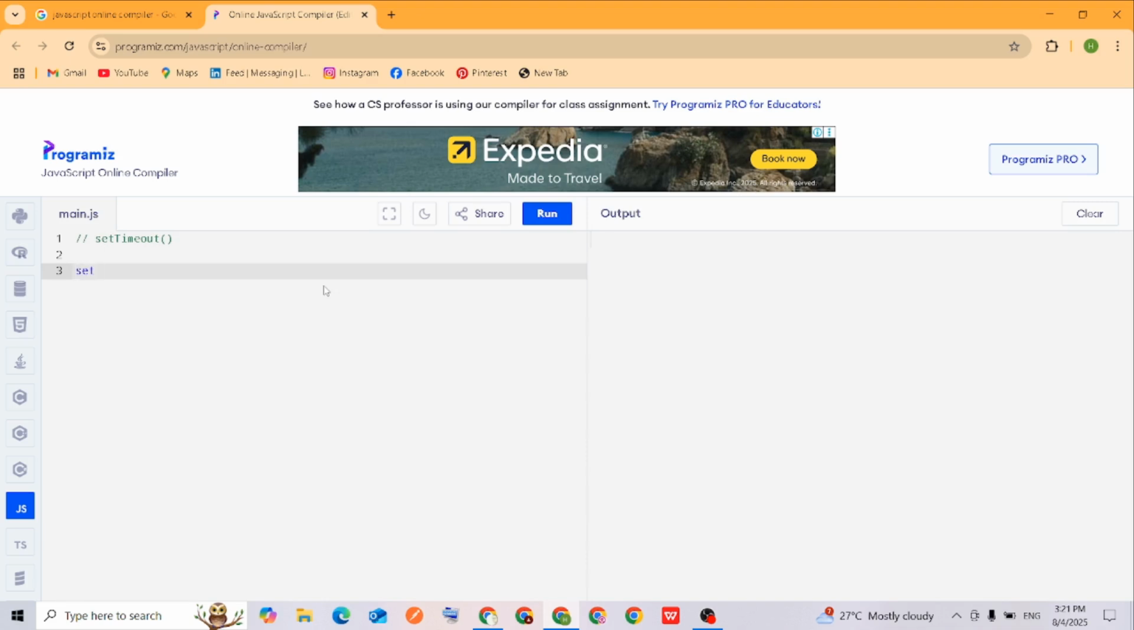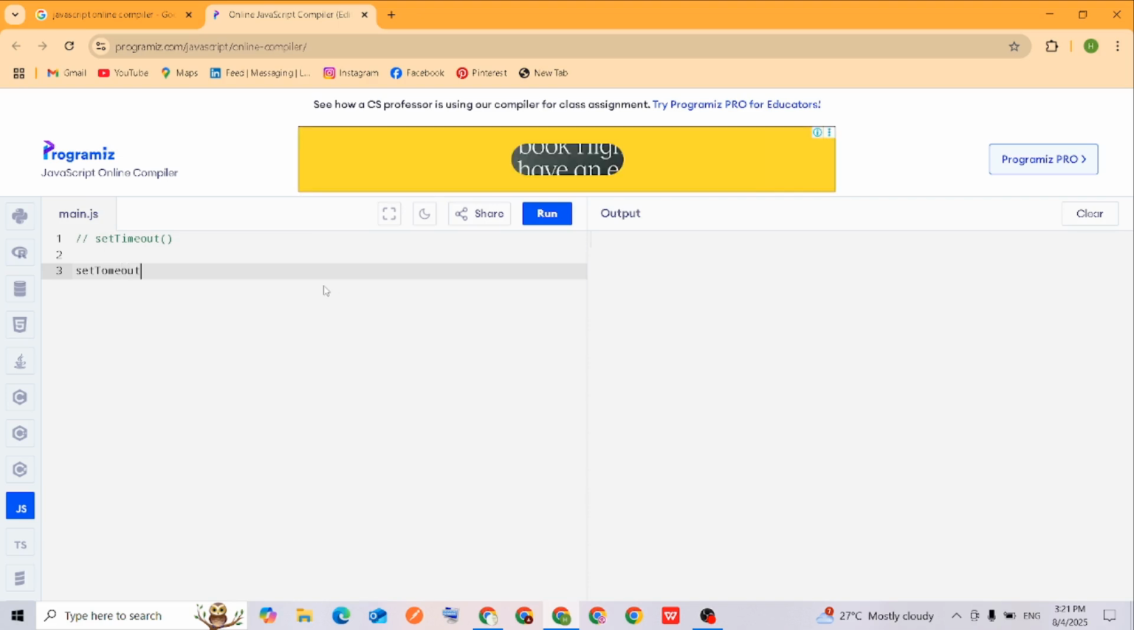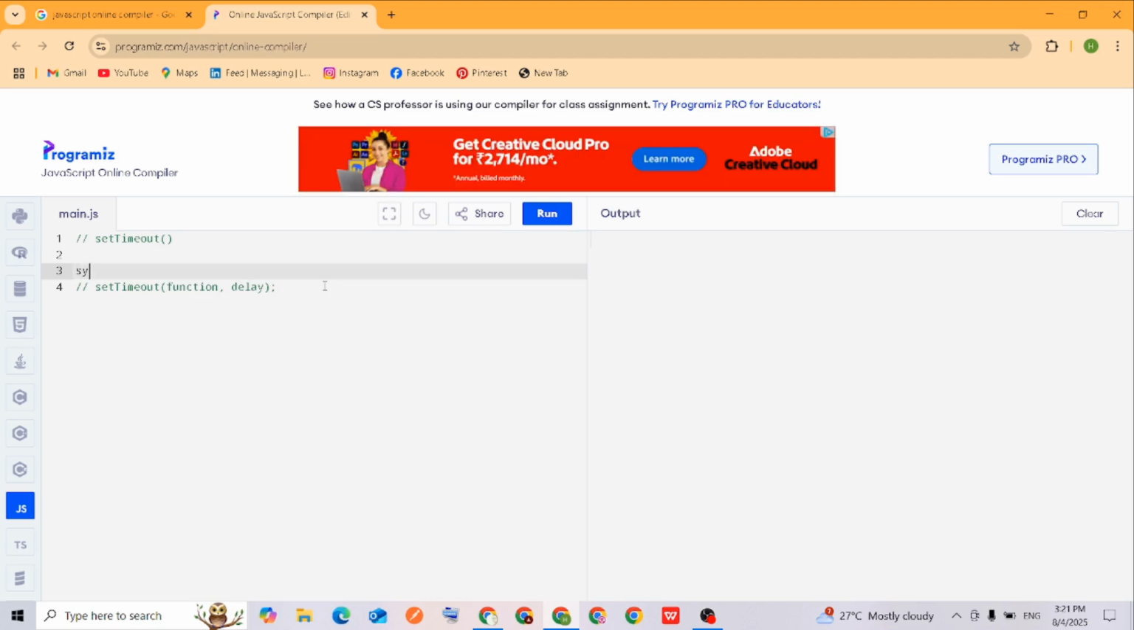Here we have to write one function. We'll write the syntax first: setTimeout(function, delay). This is the syntax. And we'll write an example like setTimeout